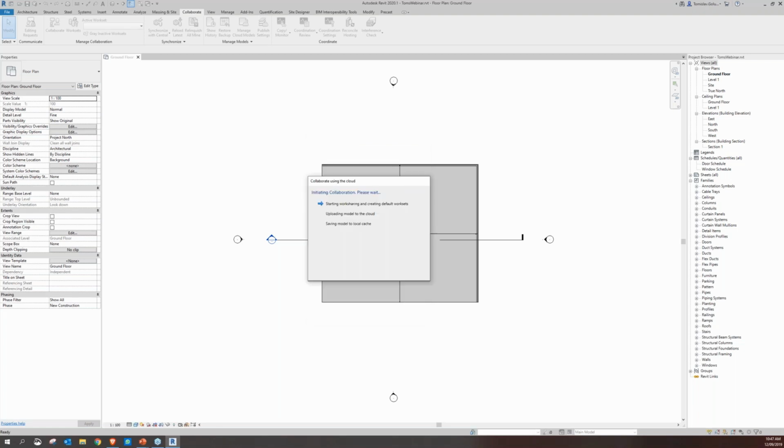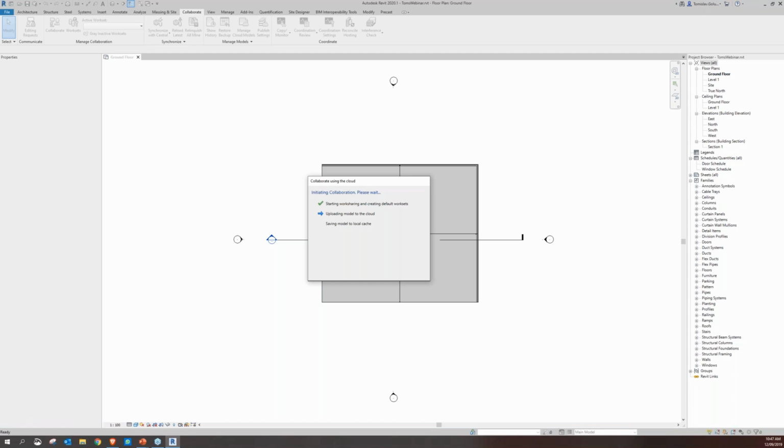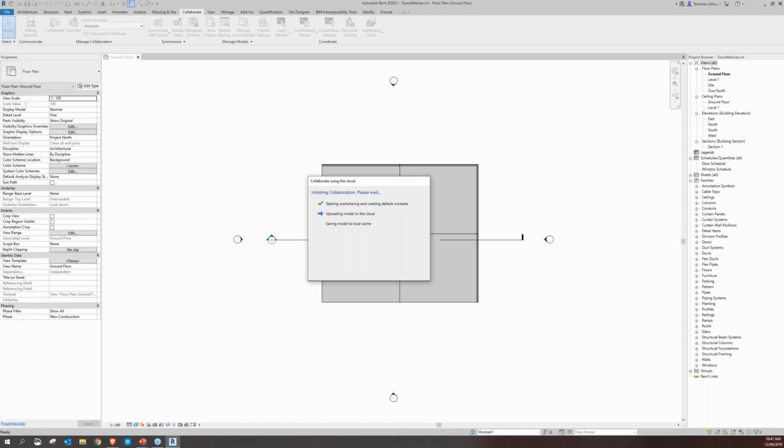So depending, obviously, there's a few factors in there. So there could be your local internet speed, your local PC, all of that kind of stuff. I'm personally on NBN here at the highest speed, so it shouldn't take too long. But what it is doing, like it said, is it starts the work sharing and creating any default work sets. It's uploading the model to the cloud, and what it does also is, you would have seen that I saved